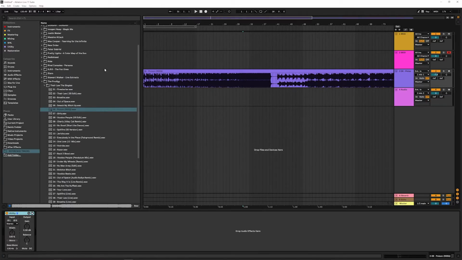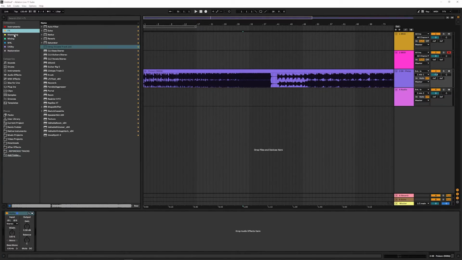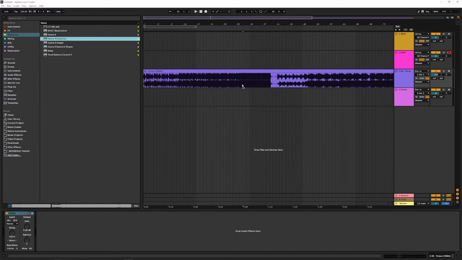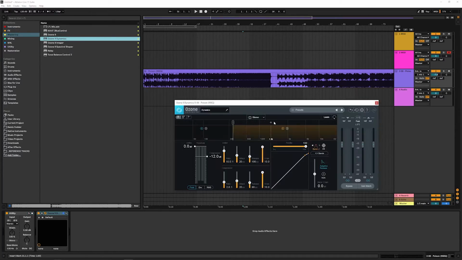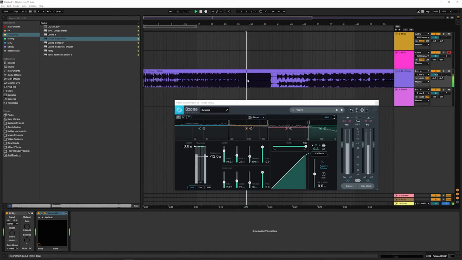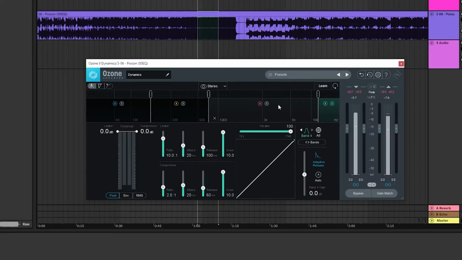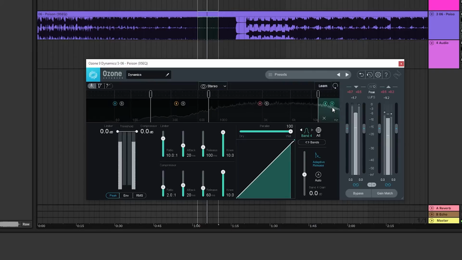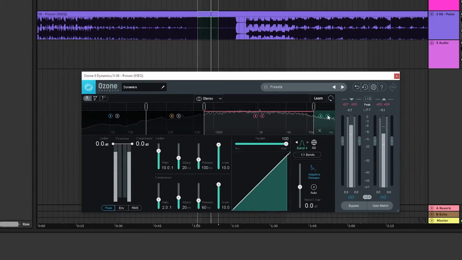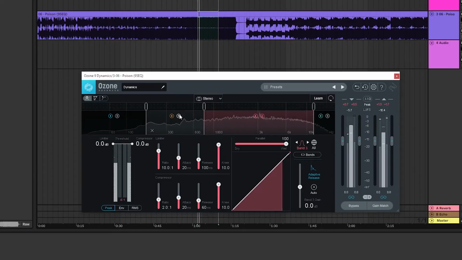You can hear it if we grab a multiband compressor and listen to the top end of this. So let's do that real quick. I'm going to make some bands here, and I hit learn on the Ozone Dynamics. Then we can listen to each individual band and isolate the sound. So you can hear that. Really brings it out there.